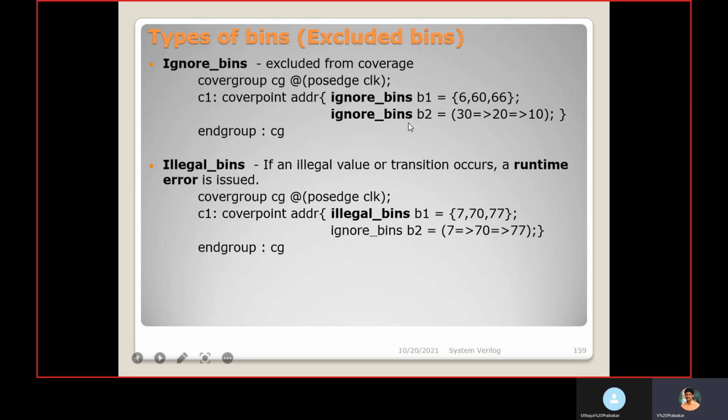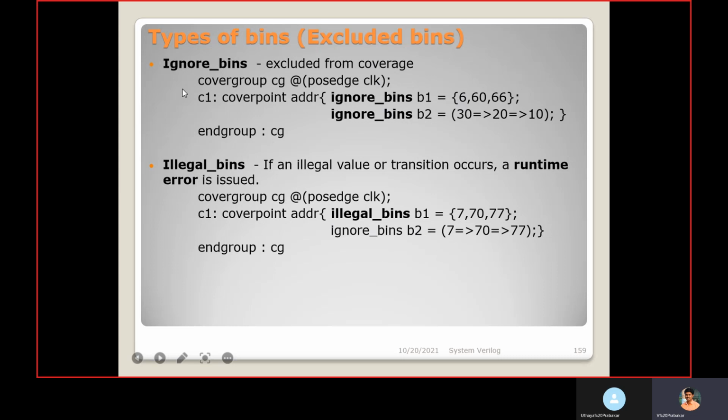So this will not be considered for coverage, and you can also mention transitions with the ignored bin. In the same way for illegal bins, if the illegal value of the transition occurs, automatically it will create a runtime error. Illegal bins are also used to represent values and sequences of transitions.